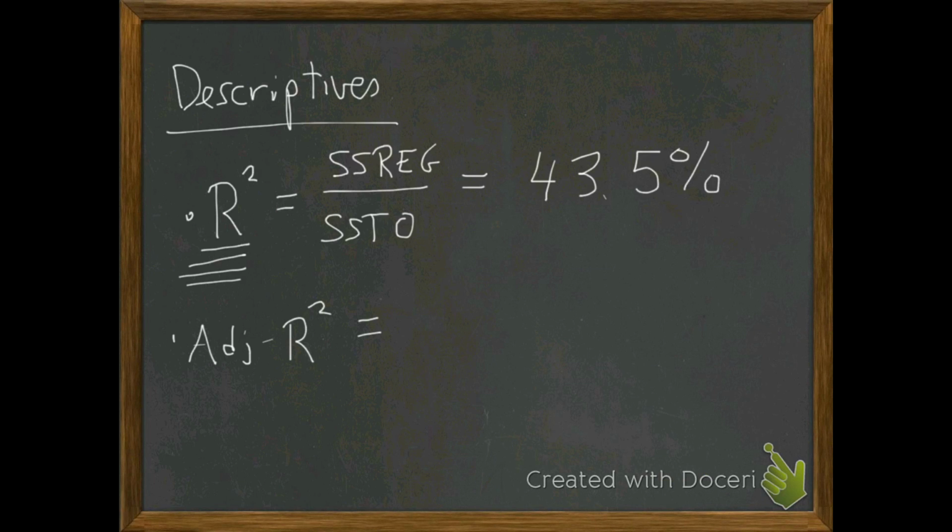If you have two predictors, there's not going to be a lot of difference between the adjusted R squared and the R squared in most cases. But when you get more predictors, the adjusted R squared becomes the standard. Guys, this is pretty easy to find. It's just 1 minus,